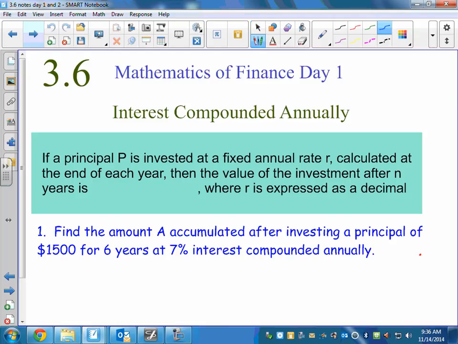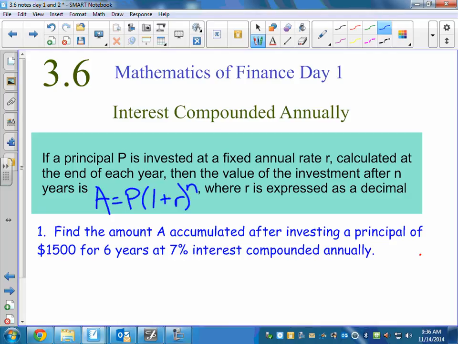If a principal P is invested at a fixed annual rate R, calculated at the end of each year, then the value of the investment after N years is